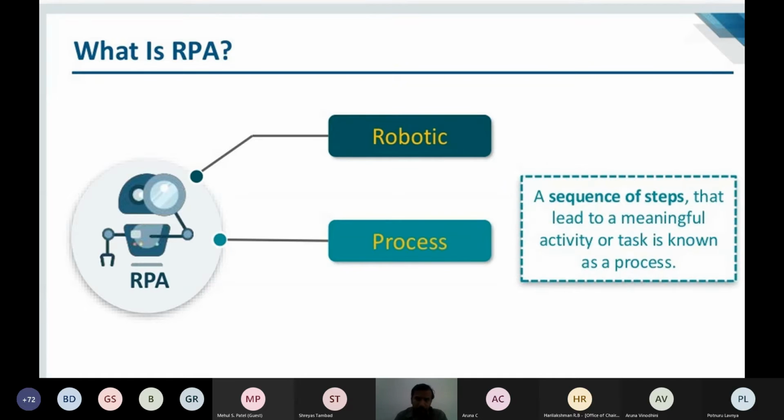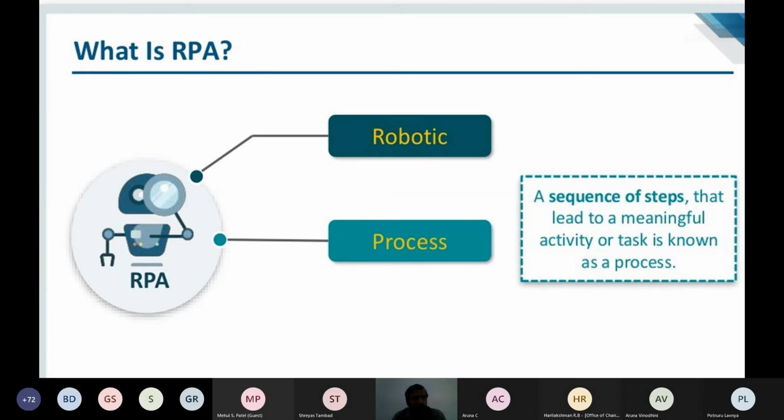The term process means a sequence of steps that lead to a meaningful activity or task. So it can be a step-by-step process which will at the end lead to a meaningful activity. The terms sequence and activity, for the next 5 days, you are going to hear often when we are dealing with the software. So we'll see an example for a process. A simple example for a process is making a tea. All of you would be aware of it.